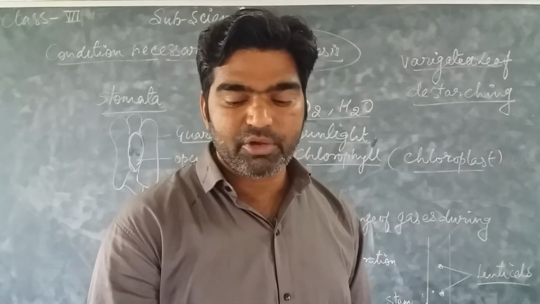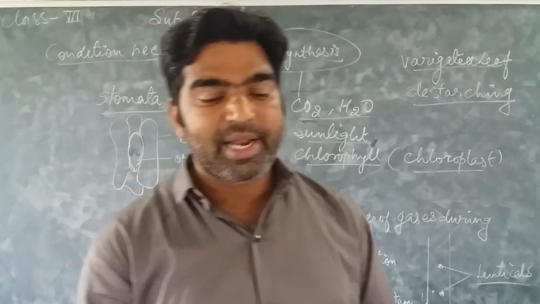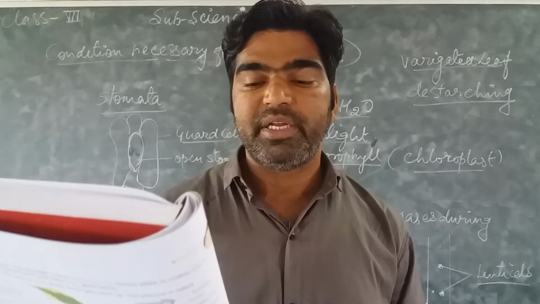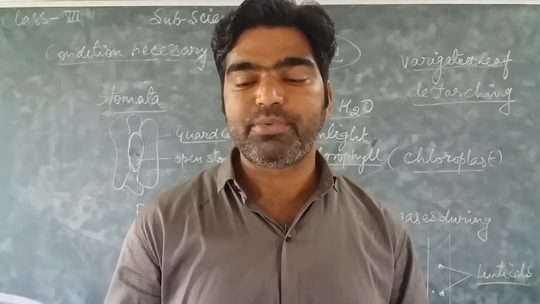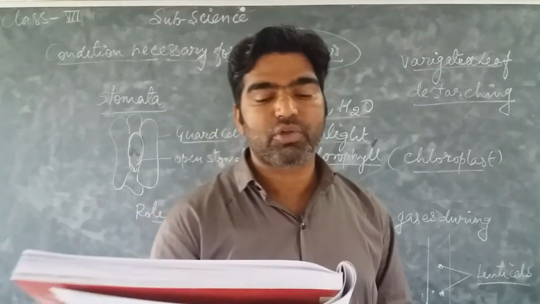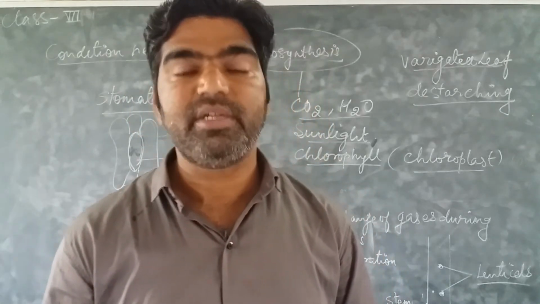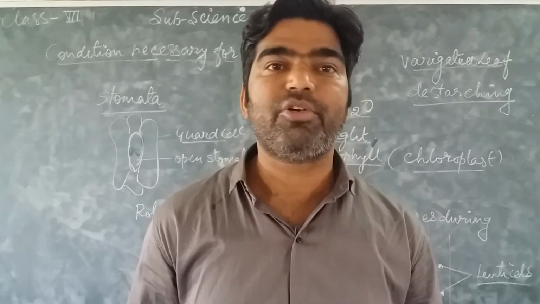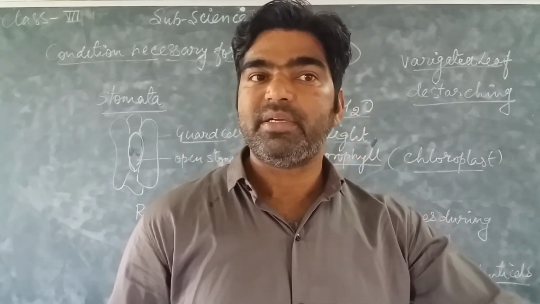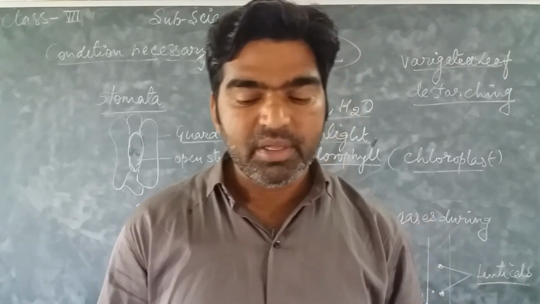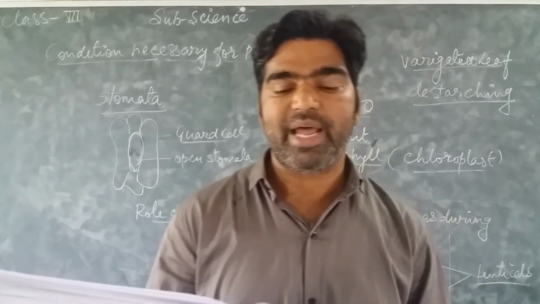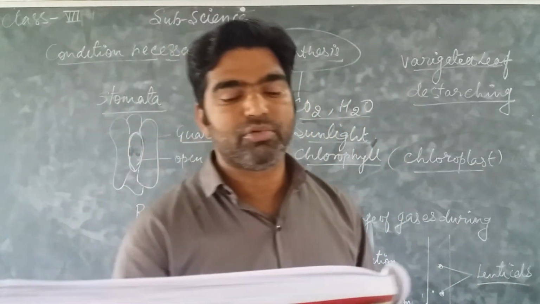Now everybody see in your textbook, page number 11. Nitrogen is present in abundance in the gaseous form in the air. However, the plants cannot absorb nitrogen in this form. They can only take it as water soluble nitrates and nitrites through their roots. As I told you, the plant cannot utilize it directly. It can be utilized in the form of nitrates and nitrites by the roots when it becomes soluble in water. So you may have seen the farmer mixing manure and fertilizer rich in nitrogen into the soil for the crops to grow well.